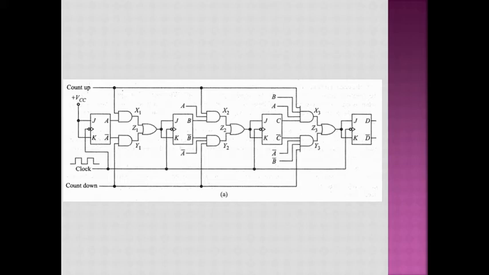How are these flip-flops going to work? See this thing, first things. All flip-flops are given clock directly to their clock input. So without question, every flip-flop changes state on the negative transition of the clock pulse directly. And output of Z1 is connected to J and K input. Output of Z2 is also connected to the J and K input of the next flip-flop. Output of Z3 is connected to the J and K input of the flip-flop D.